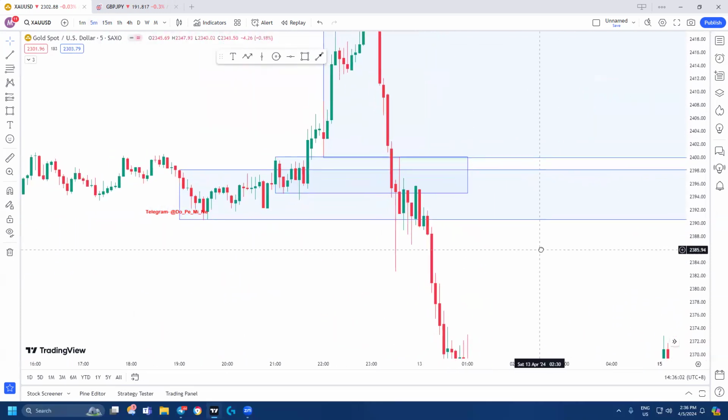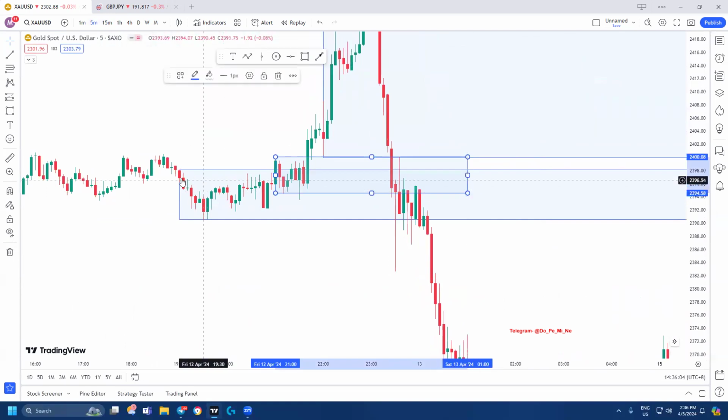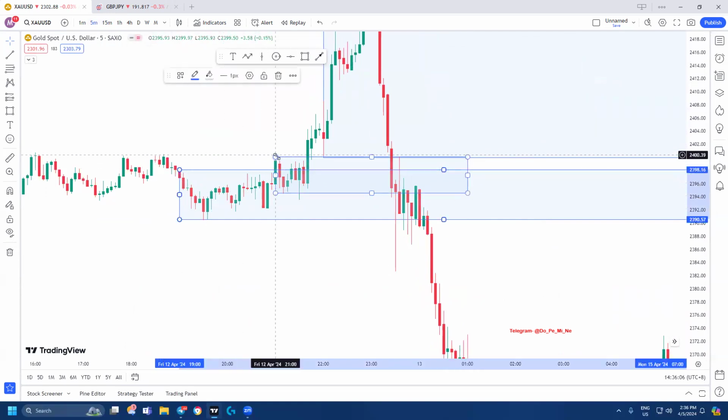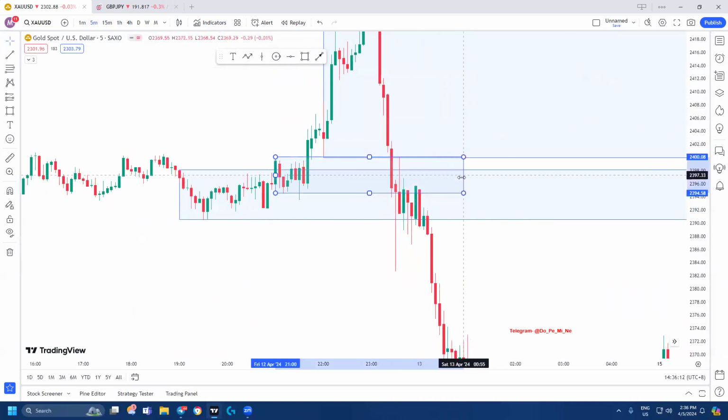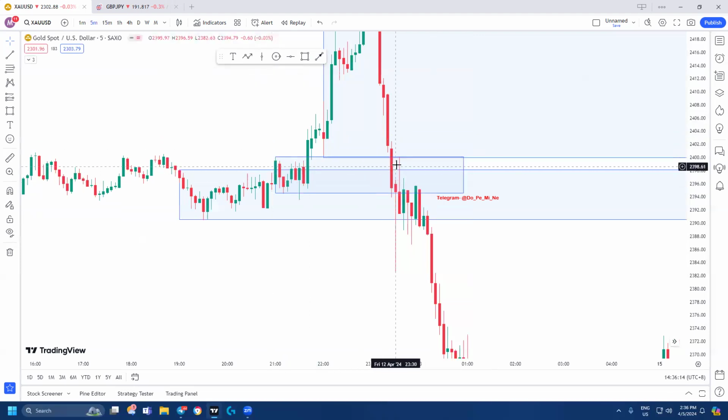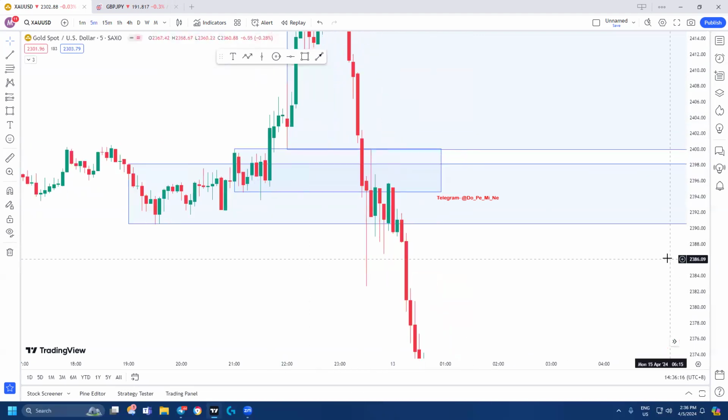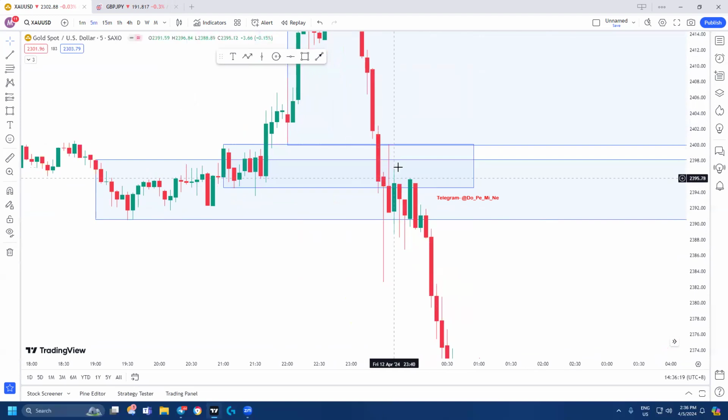Okay, you look at this one. This is the M15. This is H1 and we precise to M15. So we wait for the price to make a retracement to the M15 that we already precised. All right, so we look for the M5 CMP. So this is not making any CMP.